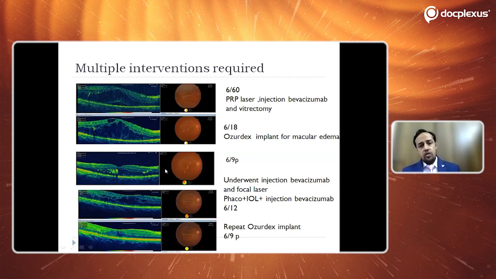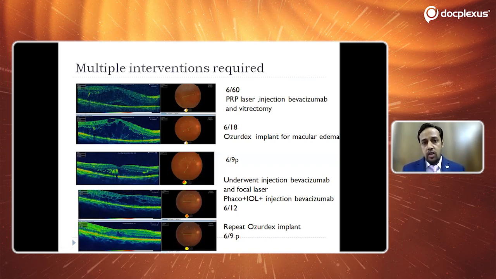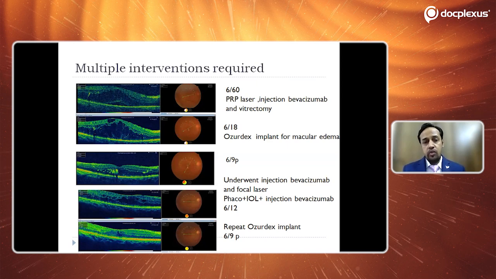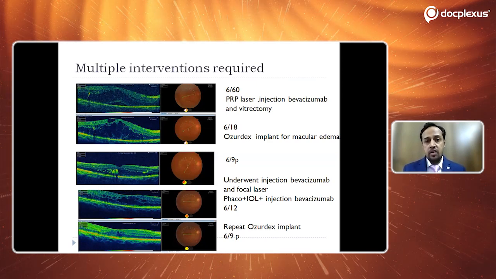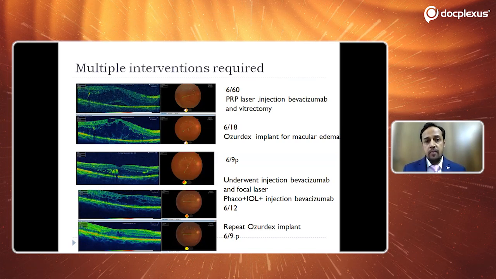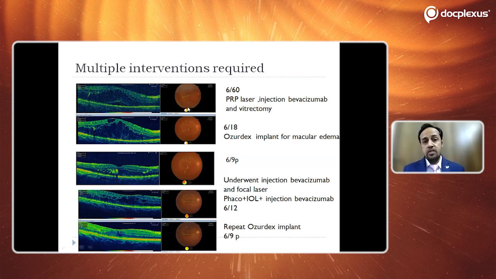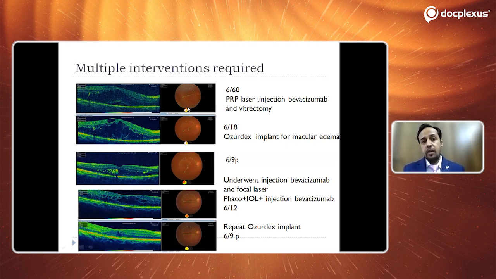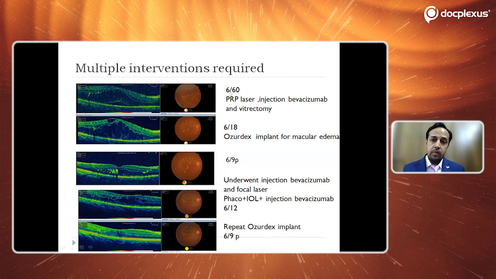So in most of the patients, diabetes is a lifelong disease. Some patients need multiple interventions. It's not that we did one intervention and everything is all right. A lot of these patients, because they have severe diabetes, need multiple interventions. Like this is a case with proliferative diabetic retinopathy along with massive macular edema, presenting visual acuity of